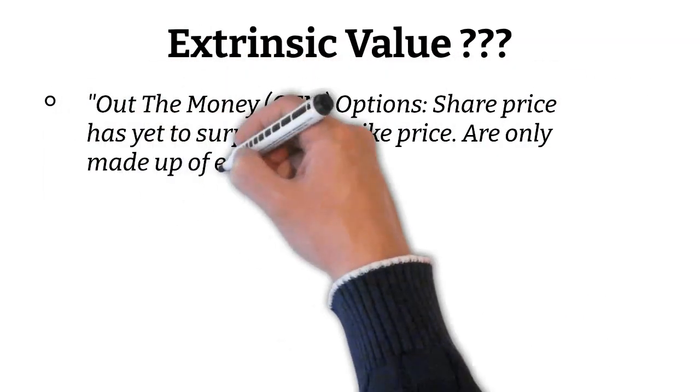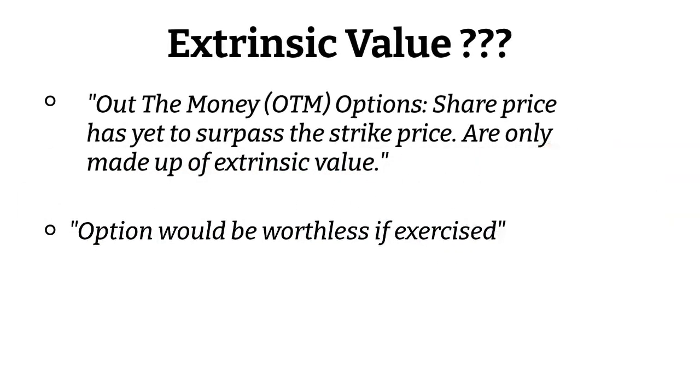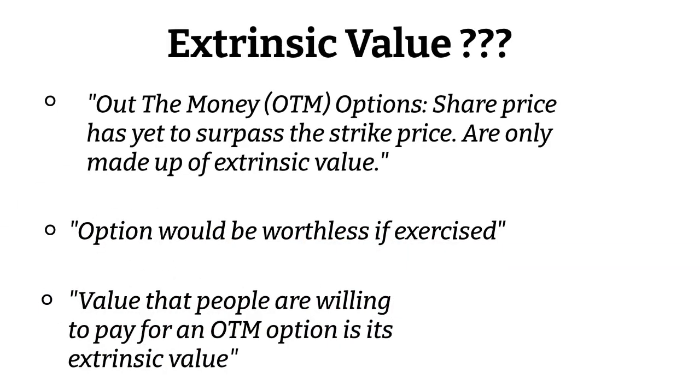Well, options that are out of the money, meaning the share price has not surpassed the strike price, are composed of only extrinsic value. Just think about it. An option that hasn't surpassed its strike price is essentially worthless. If you were to exercise that option, you would take a loss on the trade. Yet, people are still buying that option and they're assigning value to it. So, whatever people are willing to pay for that option that is out of the money, that is the extrinsic